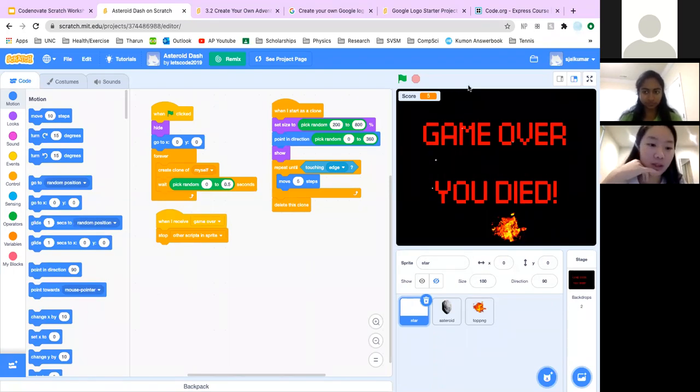So this is the code for the star. You have to code it to clone itself every second or so, and then it'll disperse stars. And for the stars, you want them to disappear every time they hit the border. So that's the code for the star. And if you click